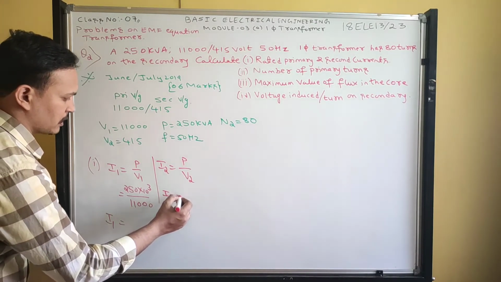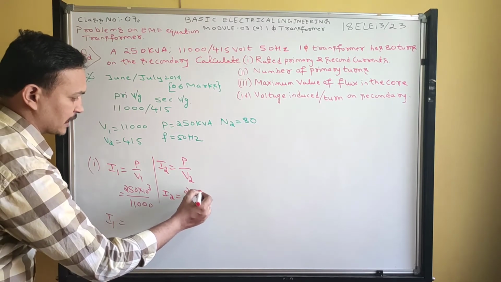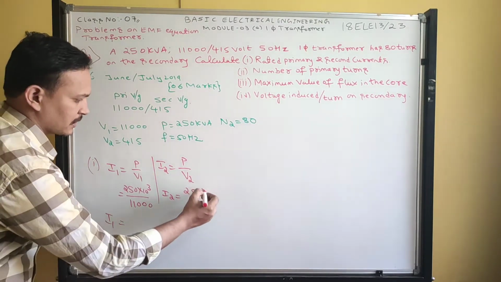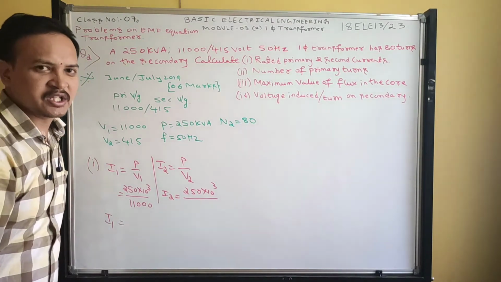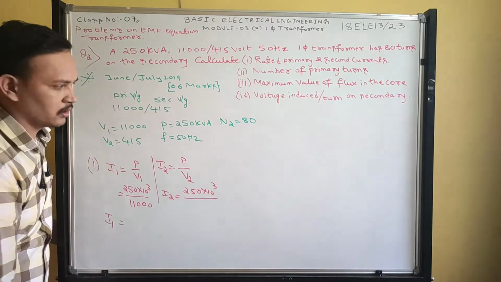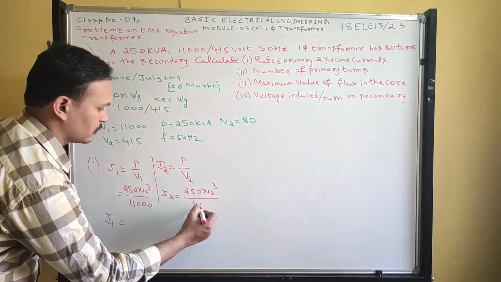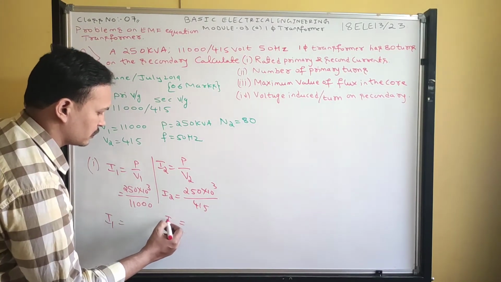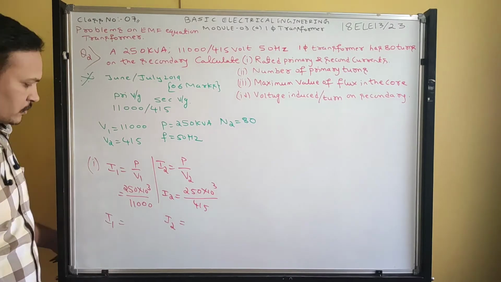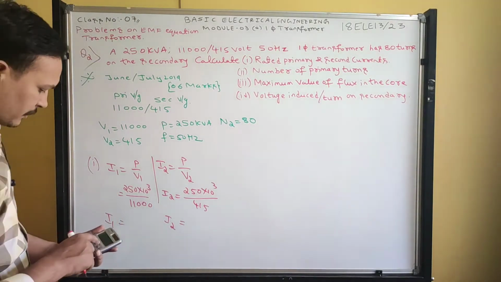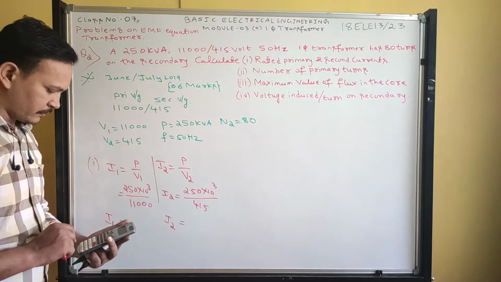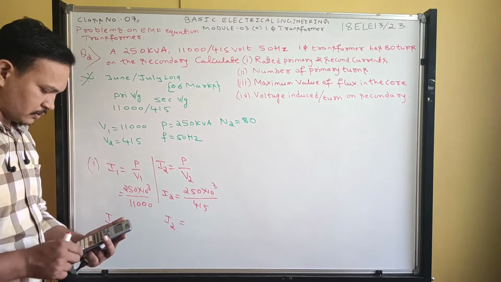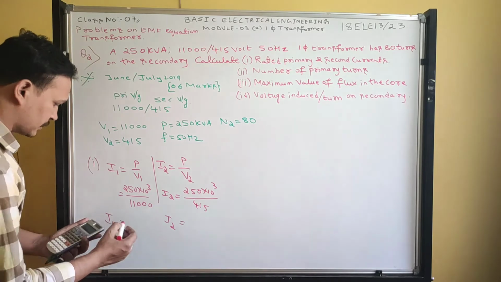Then I2 equals... power is the same in a transformer for both primary and secondary. So 250 into 10 power 3 divided by V2, which is 415. From this you will get the solution for the first question. Let's divide in the calculator: 250 exponential 3 divided by 11,000. So I got this current